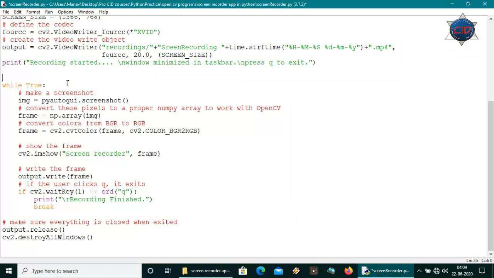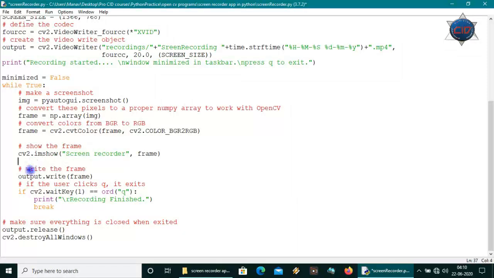Okay, now let's come out here, and I'm making a variable here called minimized, and I will initialize it as False. That means it is not minimized.